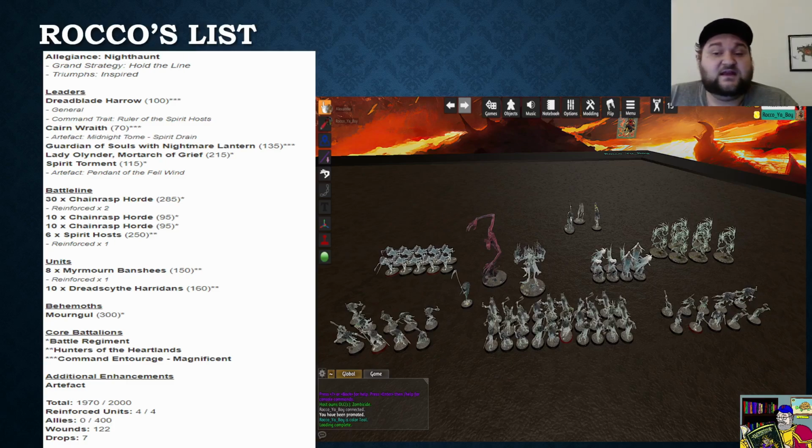Now, rounding that out, I've got a lovely Mournghoul that I love the model. I know some people think it's derpy. I love it. It's fun to play with. And again, it's a monster that lets me do different battle tactics. And it just gives me a shot. And the damage is good. The debuffs for -1 to hit are good. It's a good model. It just needs maybe like a couple more attacks in my opinion, but I love using